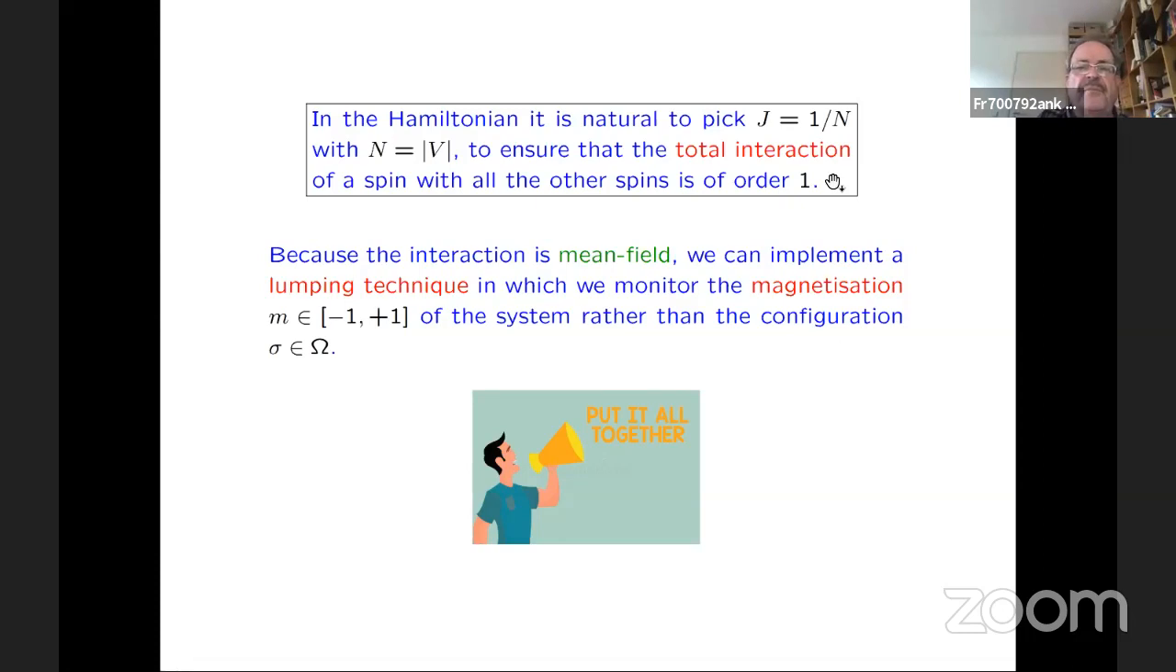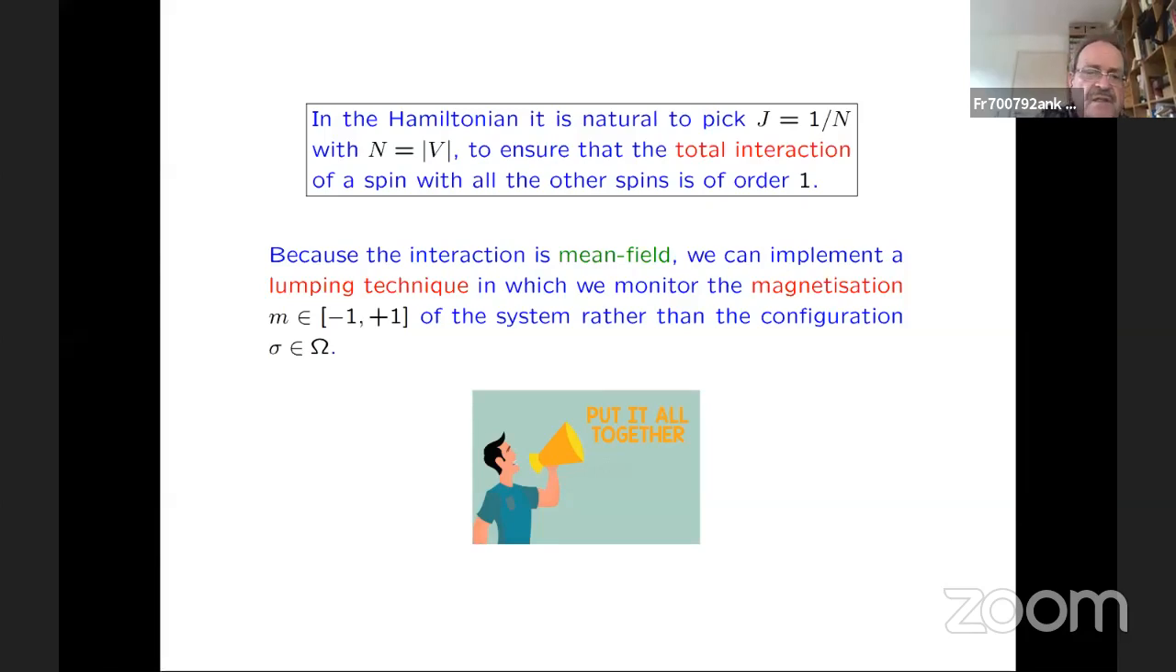Because we want to pass to a limit n to infinity, and we do not want that to cause a spin to have an infinite interaction with everybody else. So this choice is very natural. And we take 1 over n rather than maybe 10 over n, because that's just a trivial scaling. And since we are in a mean field situation where every spin is interacting equally strongly with every other spin,